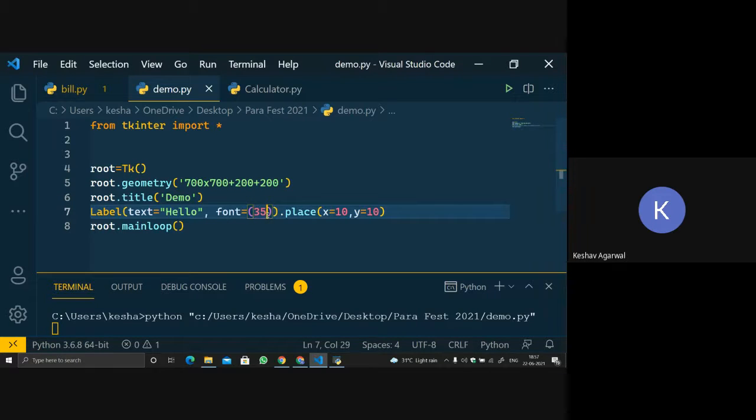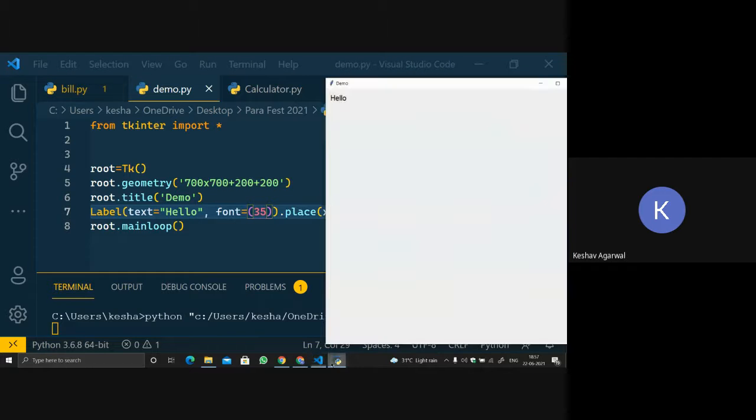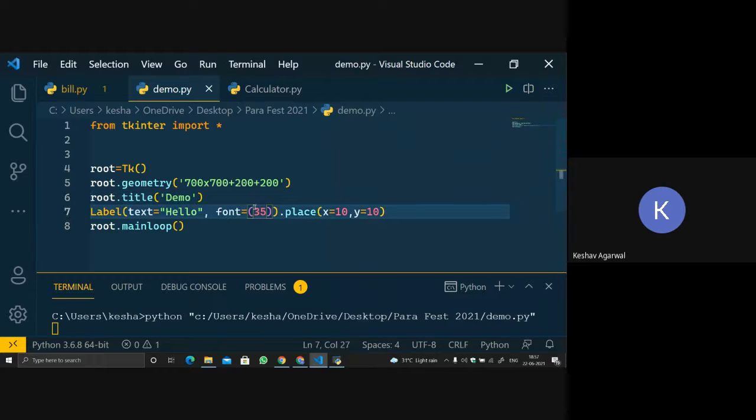So 35 implies that it is the size of the text. So see, the text size is 35. Okay, and let's say we write Times New Roman. So what it will give us is